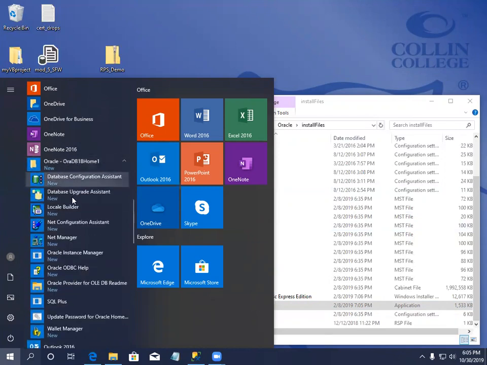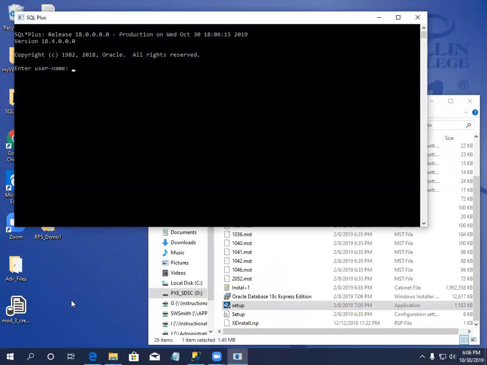I drop this down and I go down to SQL Plus. SQL Plus is my SQL. Most of the stuff up here is just configuration stuff that lets you configure your networks and stuff like that. SQL Plus is your